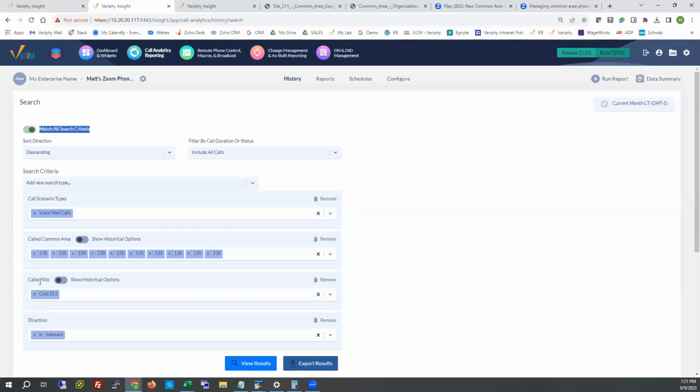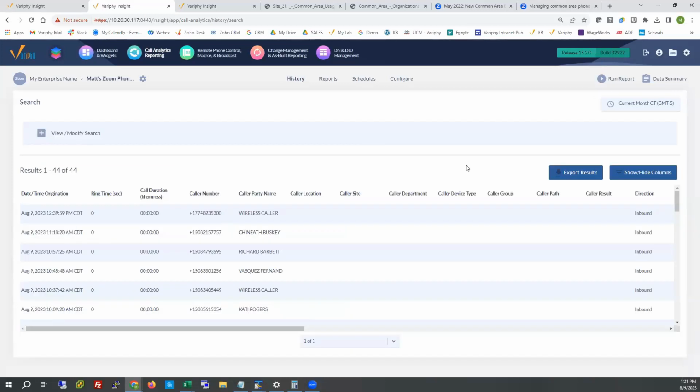So it's going to be definitely calls 211. They are of the inbound variety. They have a scenario type of voicemail and they hit this common area for the current month. Bring those results back to me. And there they are. So if we need to look at the granularity of these 44 calls that we identified